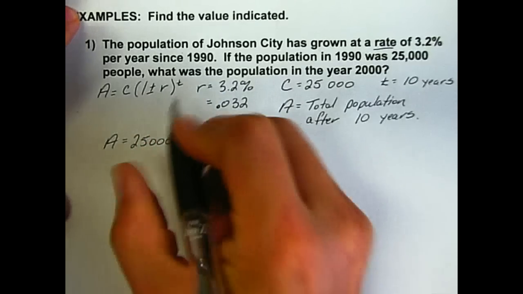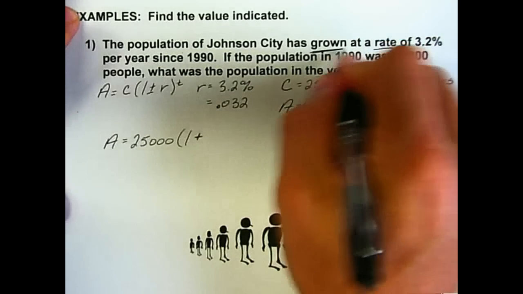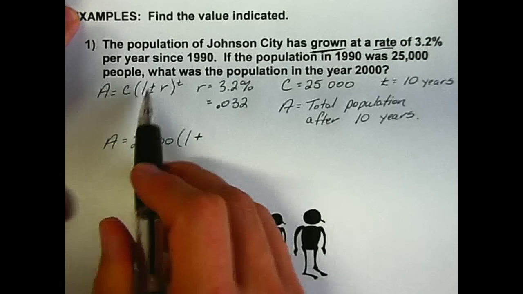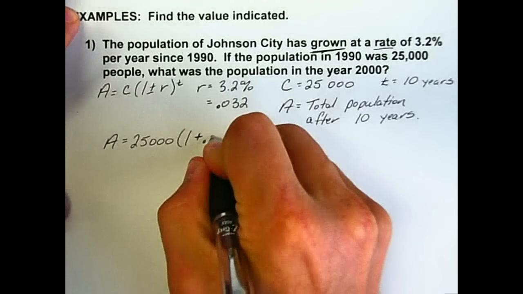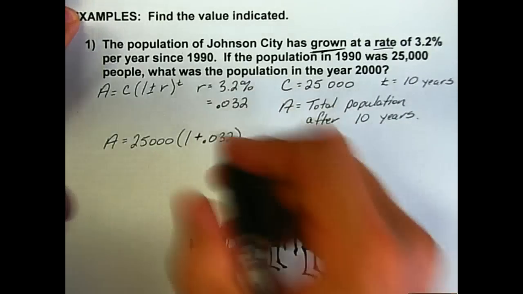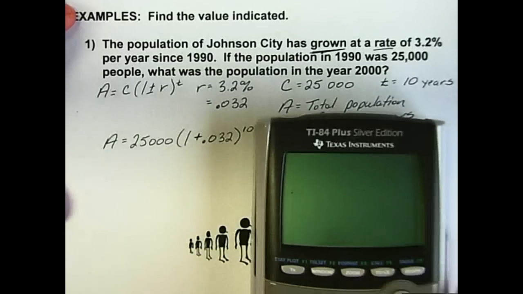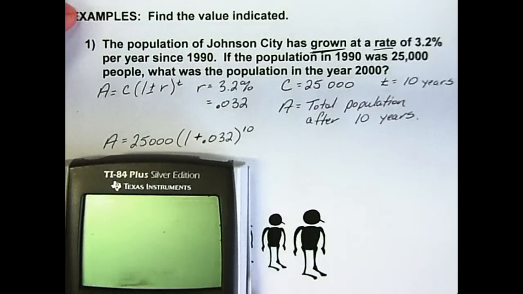So I'm going to dump everything into its right place. So 25,000 is my C. This is an exponential growth question. Okay, because my population, I'm expecting it to grow. So I use the plus sign. I'll dump my rate in as a number, and the amount of time that it's growing for is 10 years. Okay. And after that, it's just an issue for the calculator. So let's see if I can get it here someplace where you can see what's going on. So I'm going to say that 25,000 times, you have to use the parentheses right here, 1 plus 0.032 all to the exponent of 10